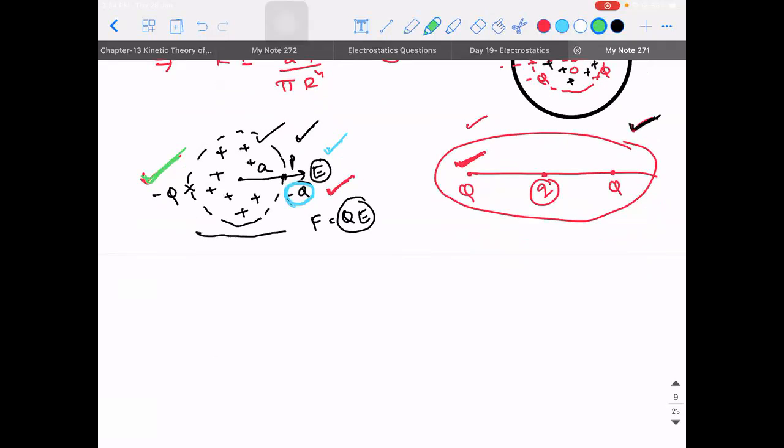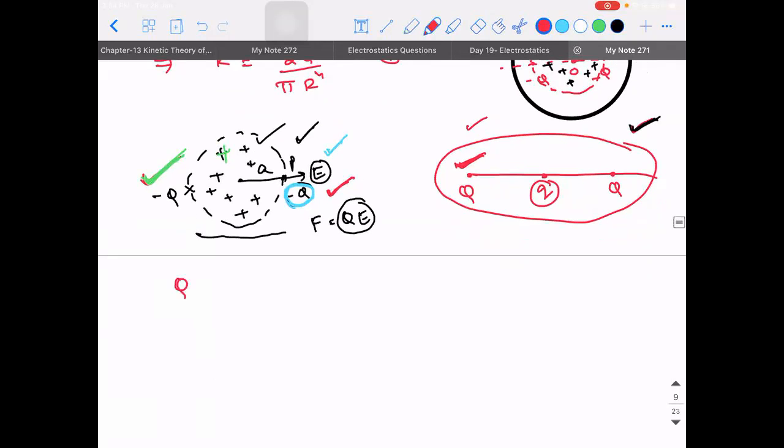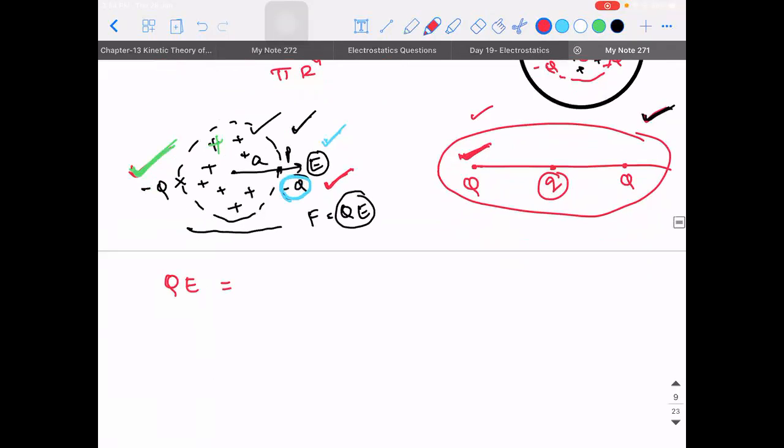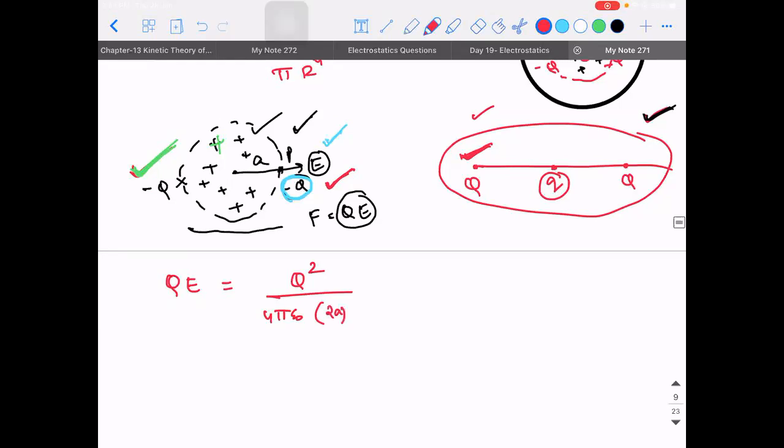Two. One is due to this point charge minus Q, and the other is due to the spherical portion which contains the charge. So the charge times E should be equal to Q square divided by 4 pi epsilon naught into the distance between them square. I'm removing the minus sign, it is not needed. What is the distance between them? 2a. The whole square of 2a. So Q and Q are gone, which implies E is equal to Q divided by 16 pi epsilon naught a square.